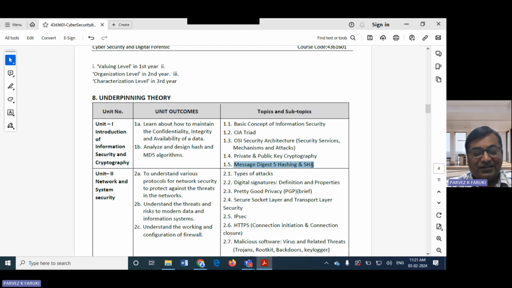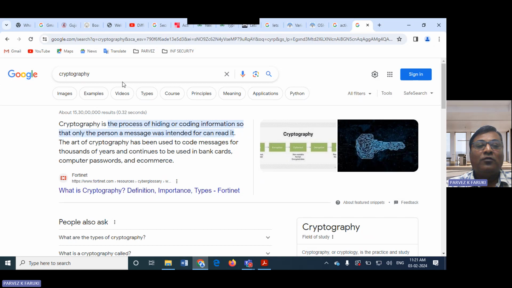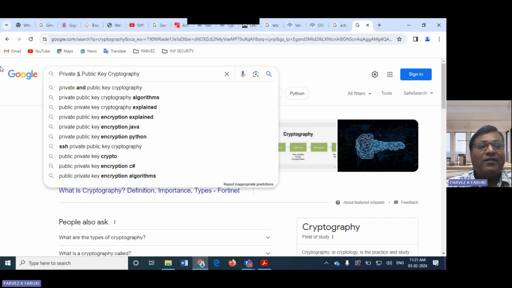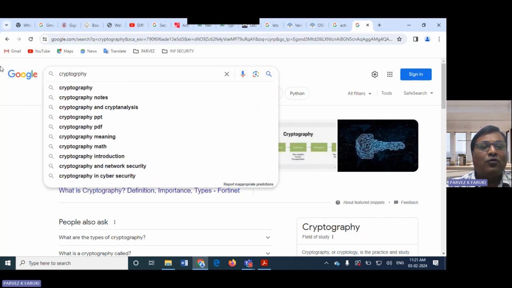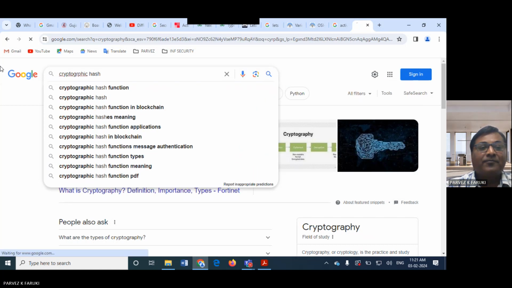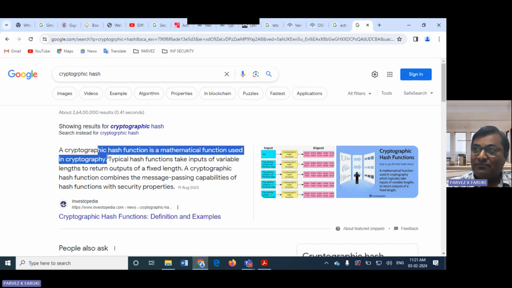Message digest and hashing. So let me just give you a definition of what these things are, and then we can wind up this topic. So let me just say, a cryptographic hash is a mathematical function used in encryption. The beauty of a cryptographic hash is that whatever be the size of the file,